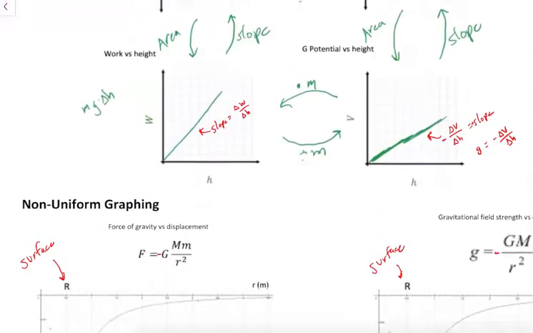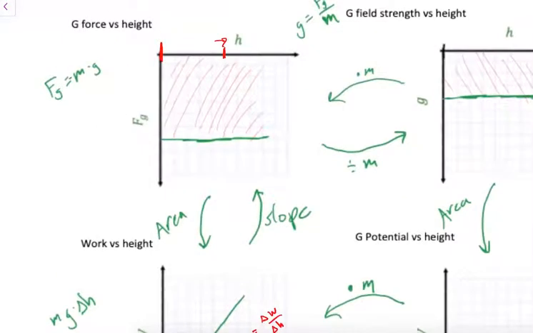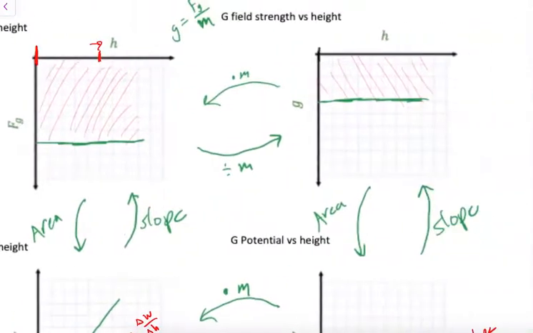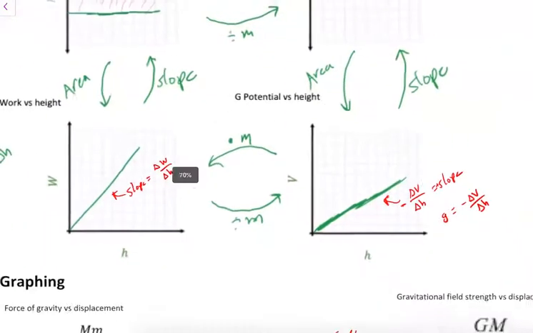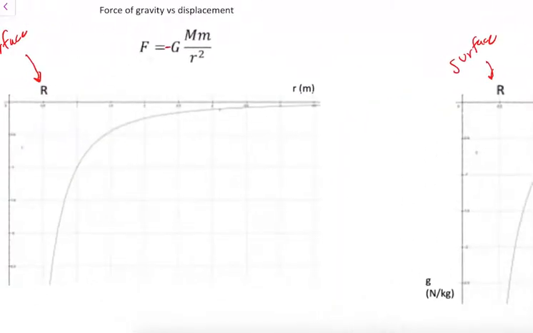So we know from our previous uniform graphing that the area under a force graph, a force distance graph, gives us our work, and the area under a gravitational field strength graph gives us potential. So that is going to hold true for this. But what gets weird is these graphs aren't so, you can't just look at the graph and know what the